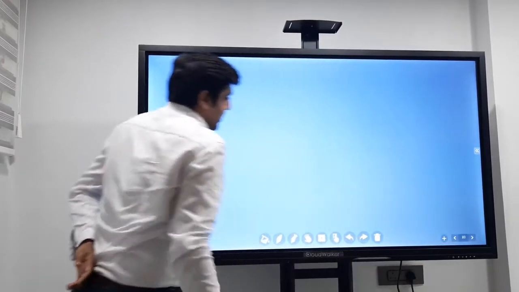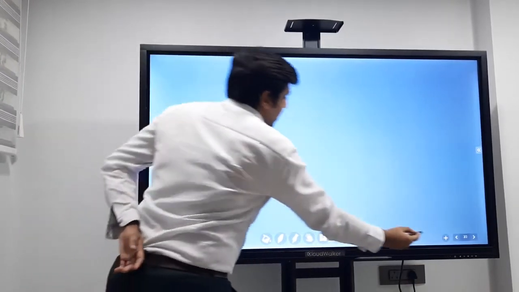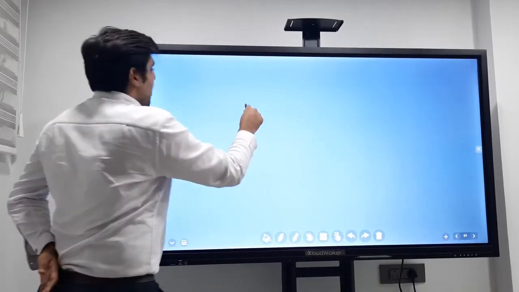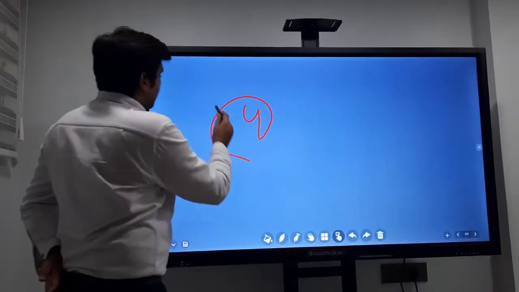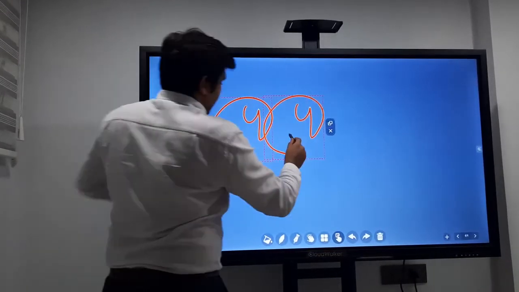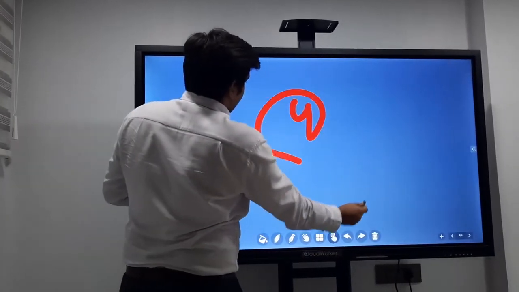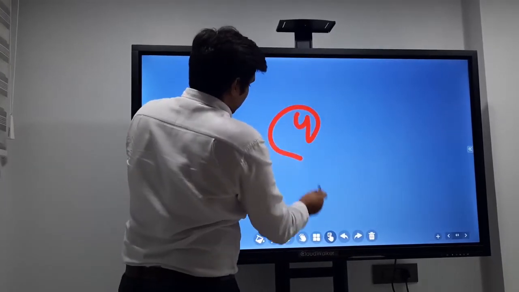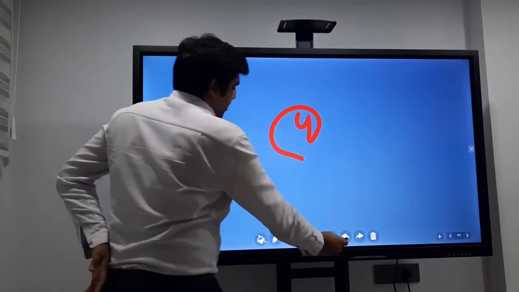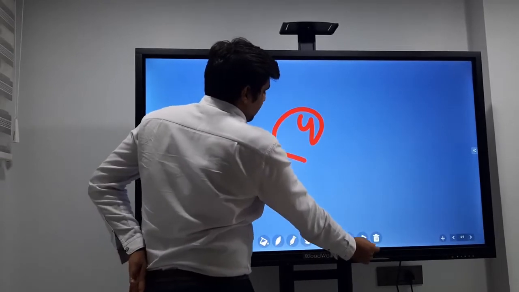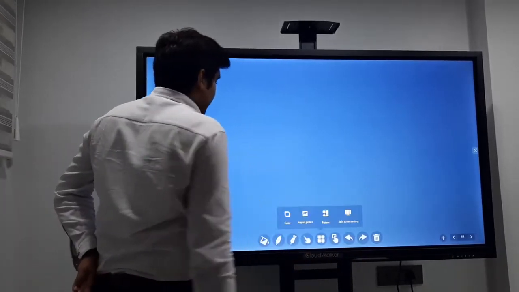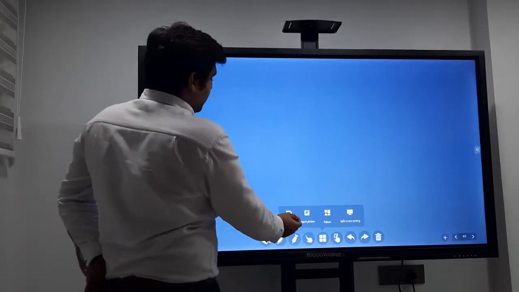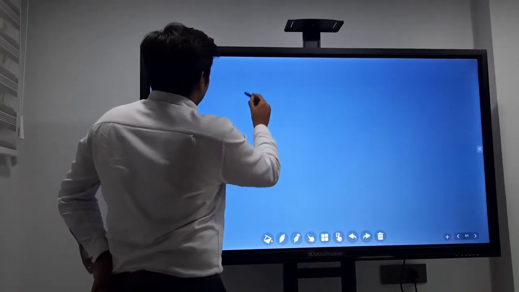From here you can add n number of pages. You can move the objects from here. Zoom in, zoom out, undo, redo, or completely delete the part. From here you can select if you want to cover something, like you can write something.